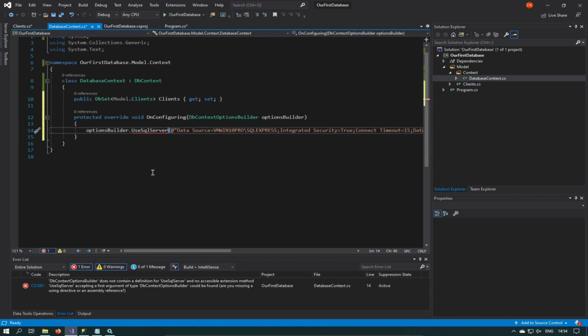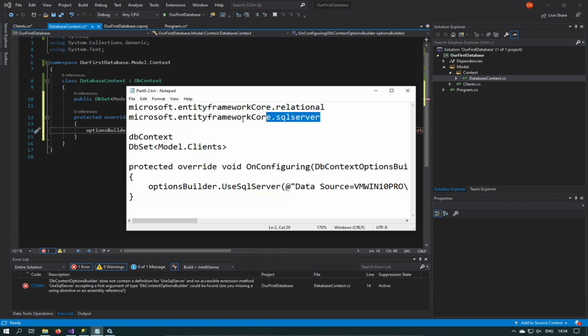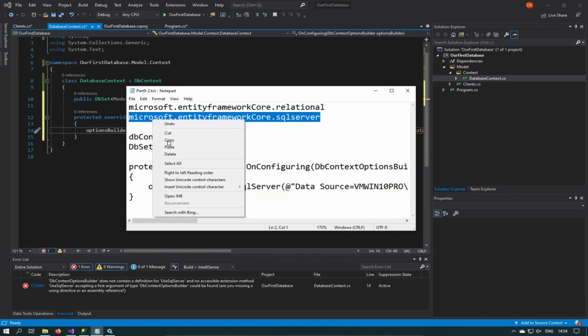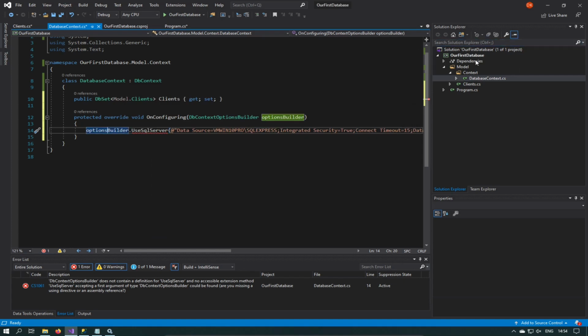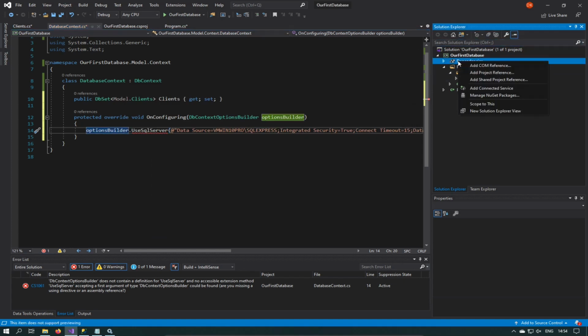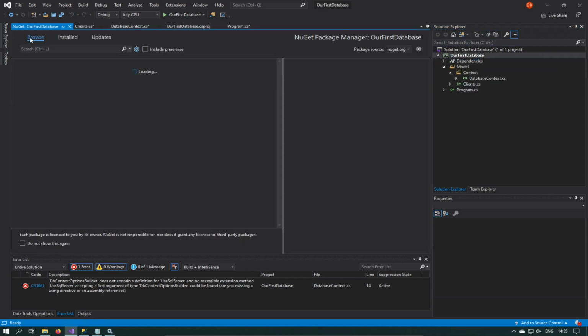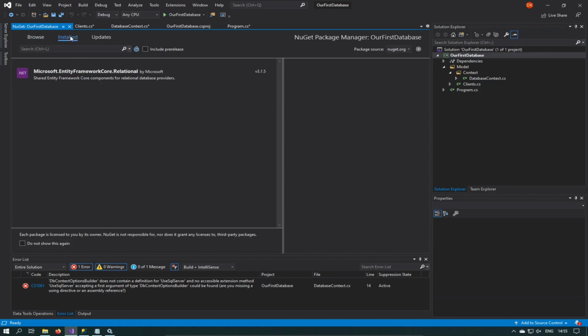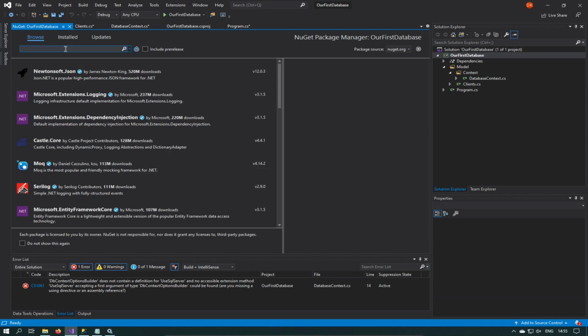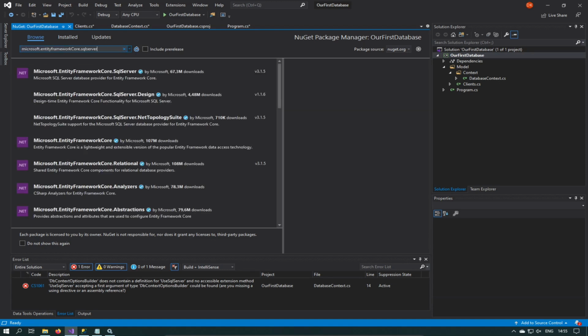So we need to add another NuGet package. And I've added that here as well, and that is the one specifically for SQL Server. You get some others, like I say, for MySQL, MariaDB, etc. But we're dealing with SQL Server. So if you come again here to our dependencies, right-click on it and say manage NuGet packages. Make sure we're on browse up top here, not installed, but browse. If you installed, it'll already show you. So we've installed relational. If you go to browse now, and we do a search for what we've just copied, the SQL Server one,